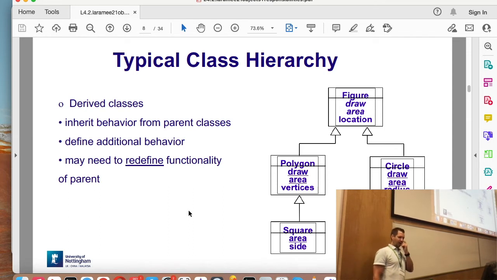Does anybody know why we like these class hierarchies? What advantage does a class hierarchy offer? Is it Ella? Oh my gosh, I can't believe I remembered. You can reuse the code. Okay, I'm only giving you two. Yes, code reusability, that's one of the major ones. And shared behavior is another way of saying that. That's the kind of terminology we're going to use. So we're maximizing code reuse, or we're encouraging code reuse, and we're encouraging shared behavior.